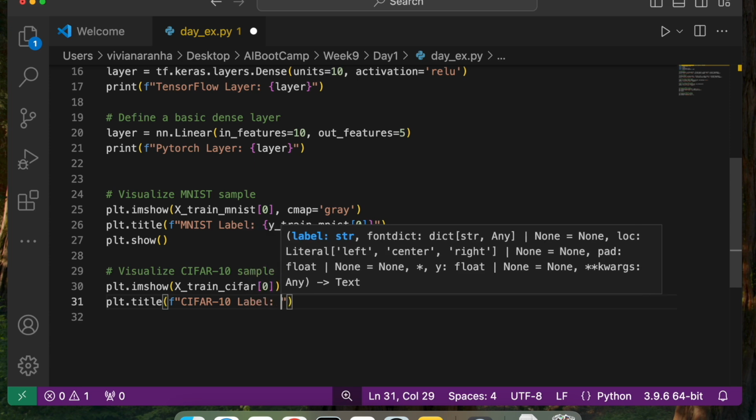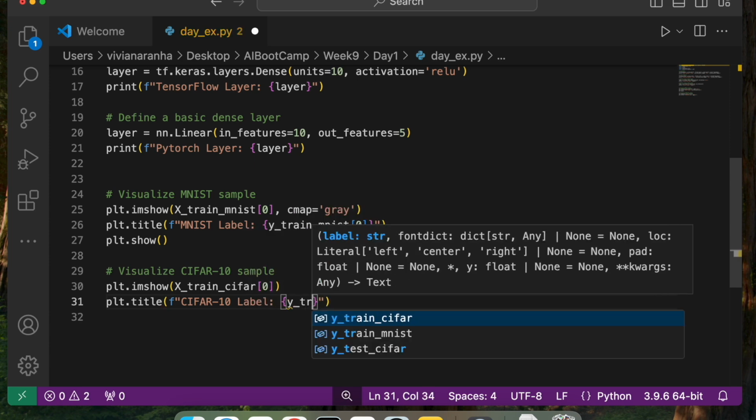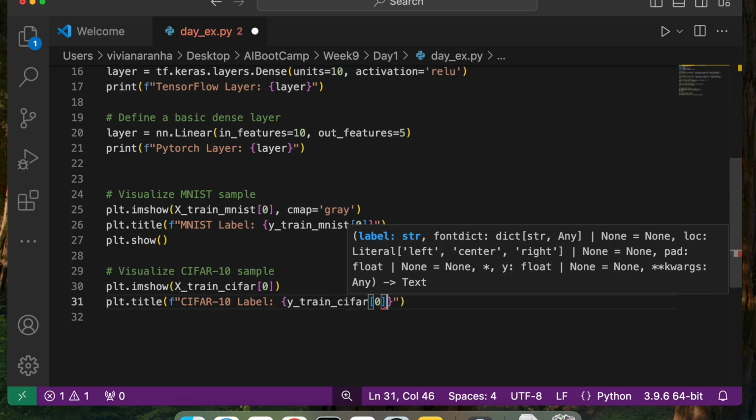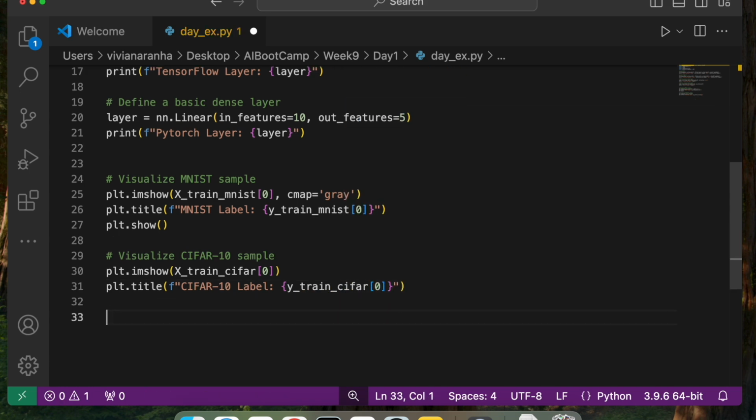Label is y_train_cifar of 0. So what I'm pretty much doing is that at index 0 of x_train we have the actual images, whereas y_train tells me which image it is. So that's what I'm doing in both the cases. You'll see what I mean when I run it.